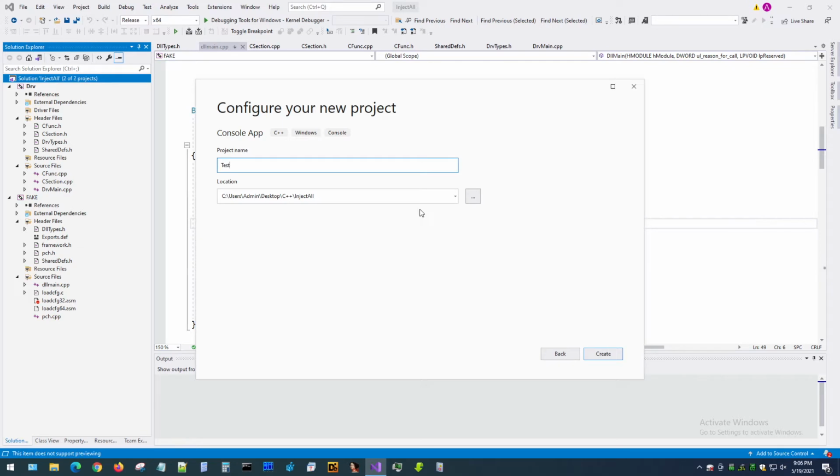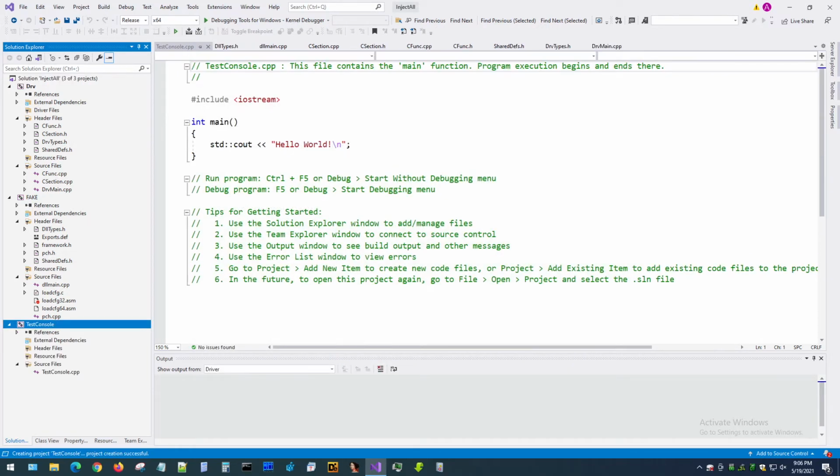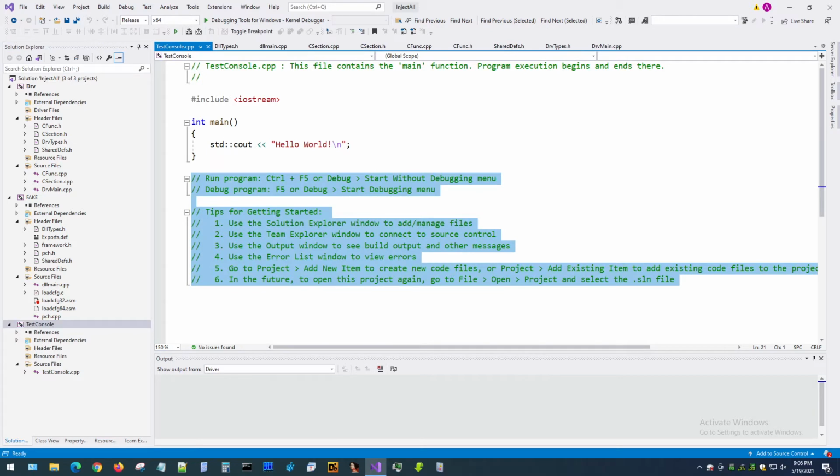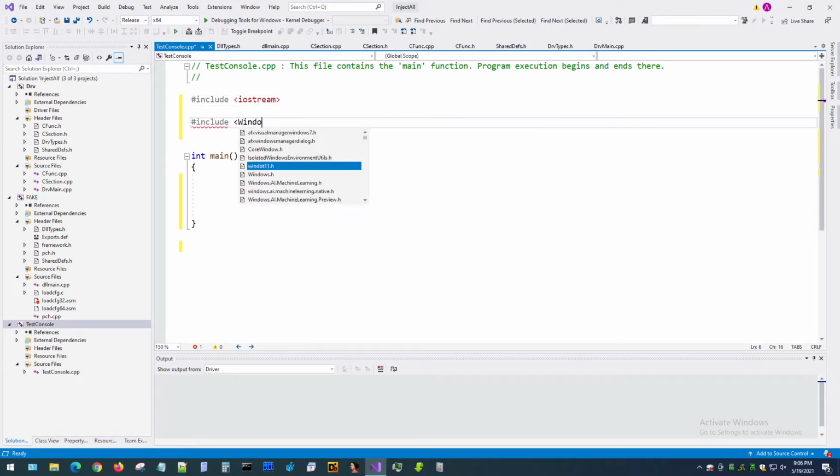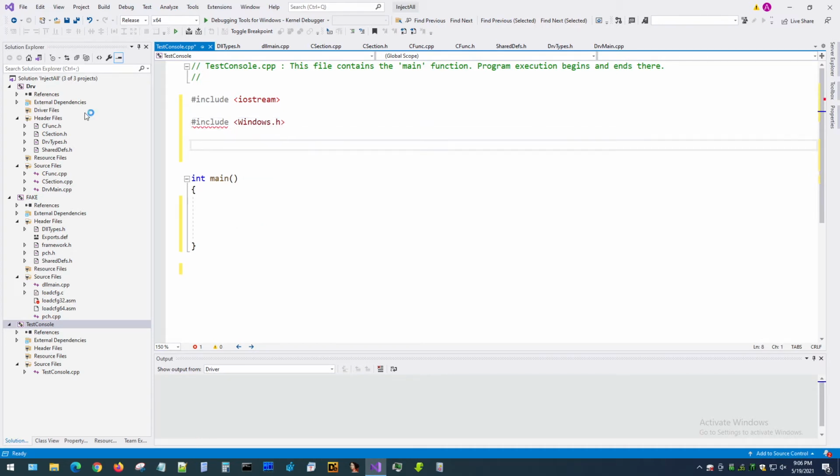and for the lack of better name, let's just call it TestConsole. And I also create the same kind of stuff for a production application, because you're not supplying it for anyone. It's just a little test environment, and we need the Windows header obviously to work in. And let's see, what else do we need? Well, at this point, let's just try to call our application, and